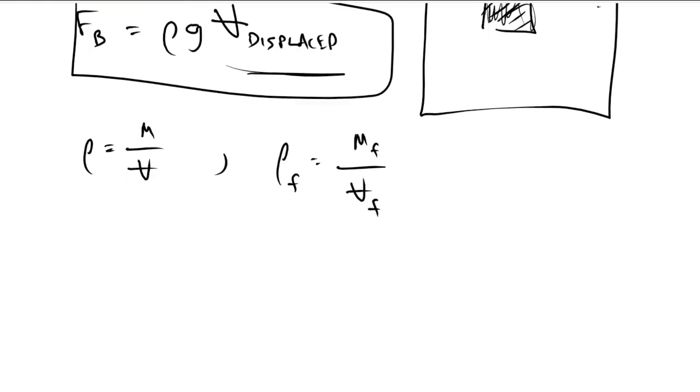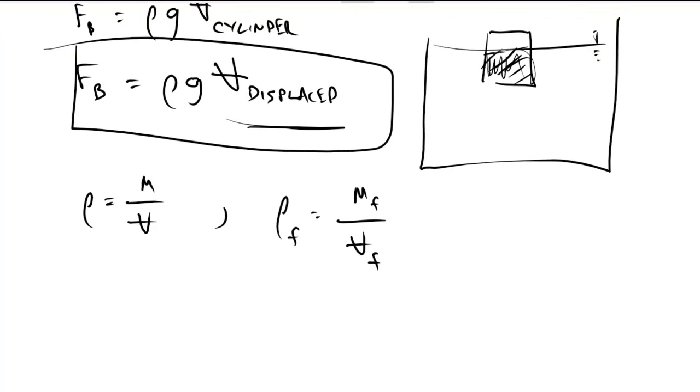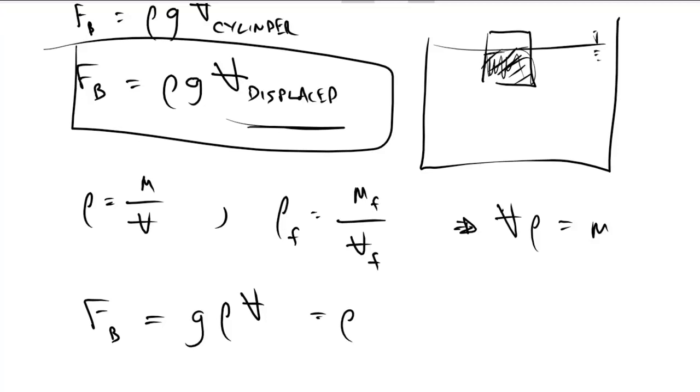So we could also say then, therefore, the volume times the density would be equal to the mass. And so we have here the buoyant force, rearranging, the buoyant force is going to be equal to gravity times density times volume,